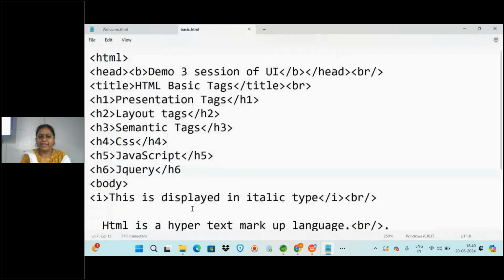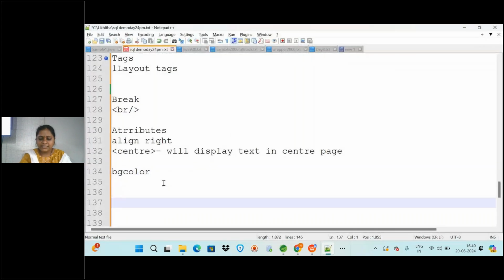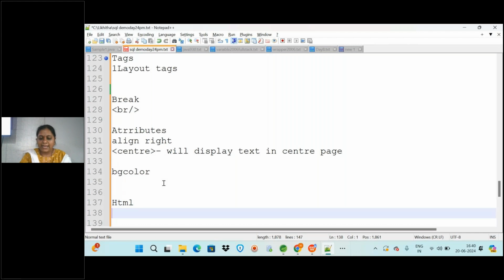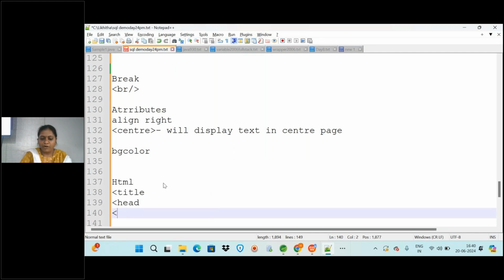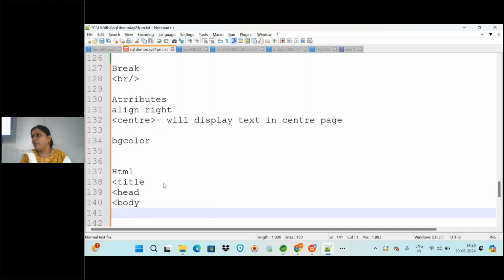So what we have discussed now is the HTML tag, that is the main one, and also the title tag, and also the head section which will be displayed, and also the body, which is the complete body of the page. And we have also seen headings from H1 to H6.